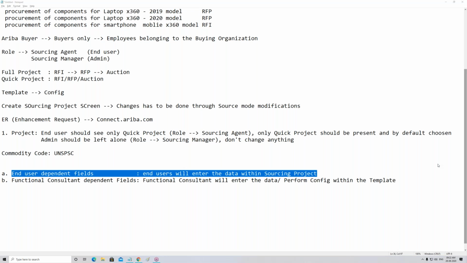See, for example, there are two countries for which you are doing the implementation, for a sourcing project or for a contract, whatever it may be. The approval process in India and the approval process in the US will be significantly different. Similarly, the sourcing project process will be different in India, and a little bit different in the US. So you are going to create two custom templates, one for the India specific region and another for the US specific region.